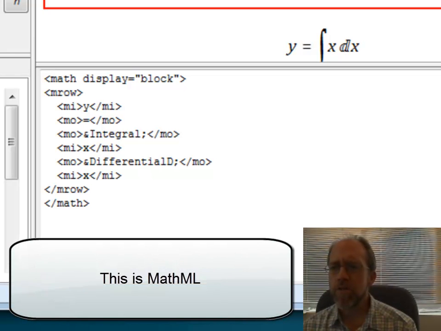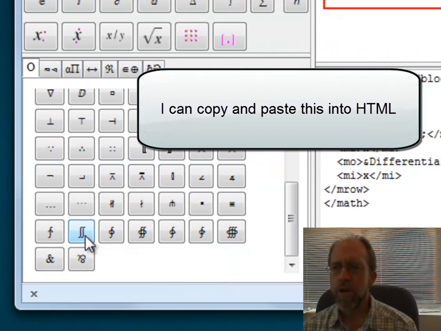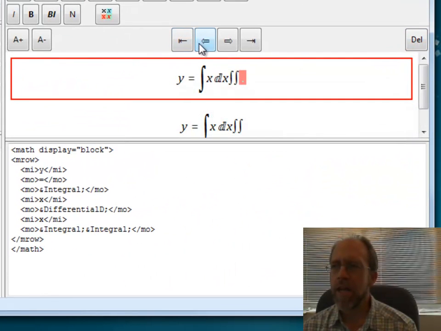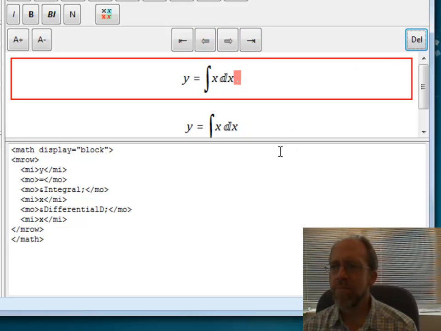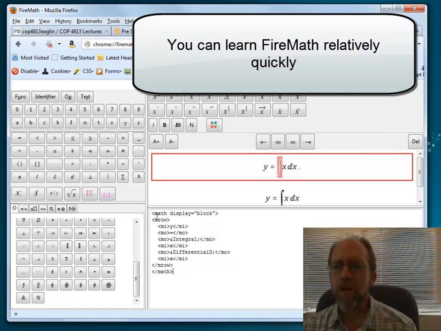If you look at different parts of the tool, like down here where I've got different symbol sets and other parts, suppose I want to throw in a double differential here. Well, that doesn't make any sense there, so I'm going to move over one and delete that. Or suppose I want to say that, really, I'd like to do a differential that has a range on it, so I could use a range-based differential. There are different ways to do this, but if you play with the tool enough, you'll get used to how to put equations together. Now I've got this nice little equation here that is a math markup language equation,